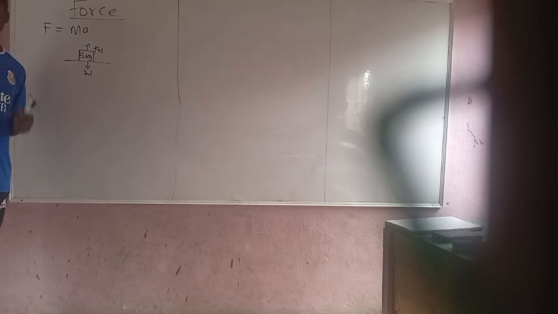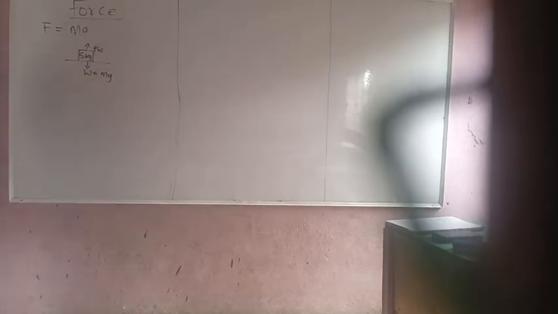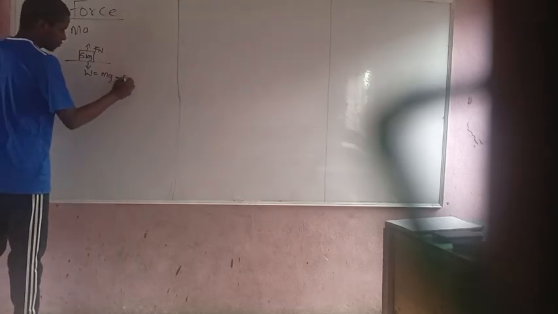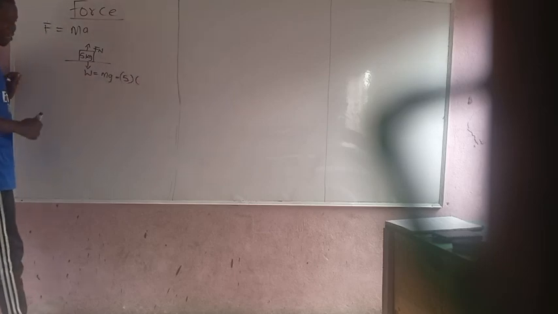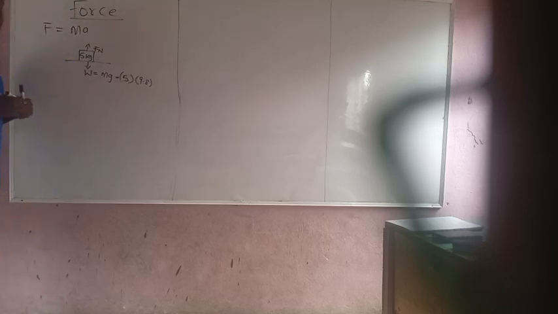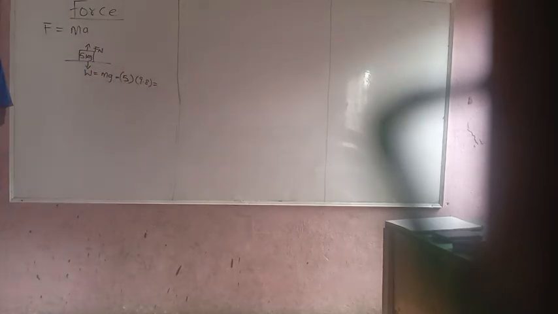Remember, weight is different from mass, basically because weight is what? Mass times what? Gravity. So gravity acts on the body and it gives that body the weight, right? So the mass of the body is the quantity of matter contained in that body. In this body, we have 5 kg, right? So we have 5 times gravity. Gravity is basically what? Acceleration due to gravity is approximately 9.8, right? So basically it's 9.8 something. But we usually use 9.8 or 10 in the basics, right? If you go further, I think